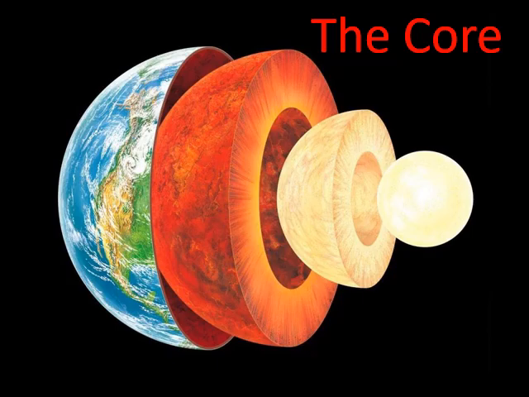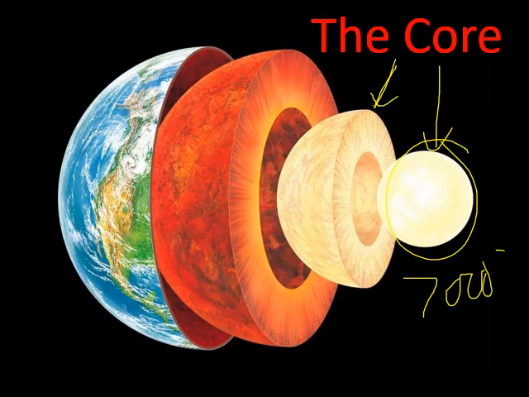So we'll go down to the core, and the core has two parts. It has an outer core and an inner core. Both of these cores are made of the same material. The core is made up of iron and nickel, and it is super, super hot. The inner core, we'll do this part first. Some notes about the inner core: it's solid. It is about 7,000 degrees Celsius, and it is about